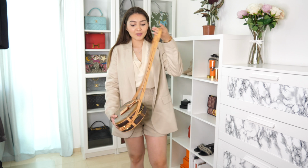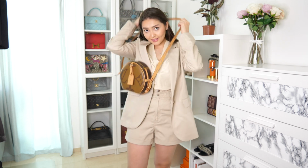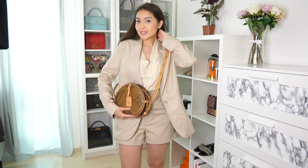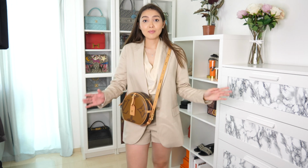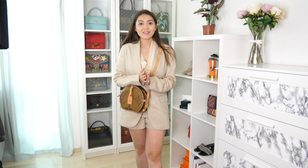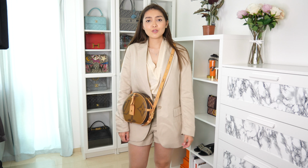I've decided to style this outfit with my Bois handbag. This is the closest color to beige that I could find in my closet. I don't have any beige handbags. This is something I also need to work on in the future, but I think it still looks pretty cool